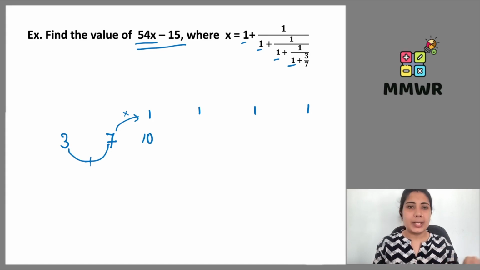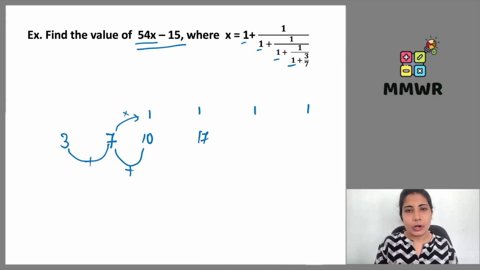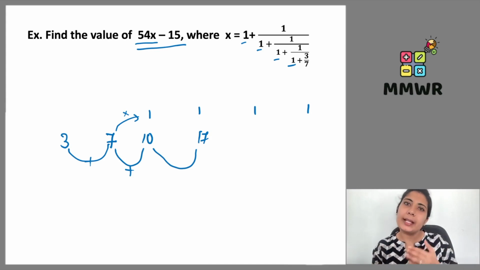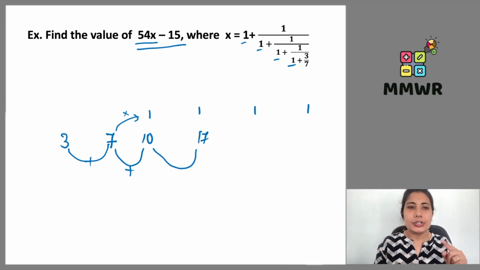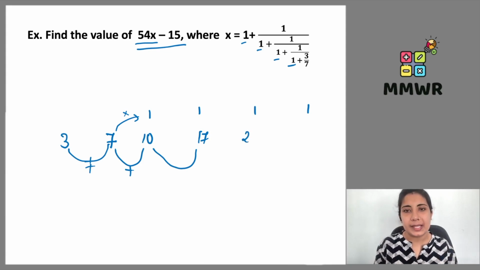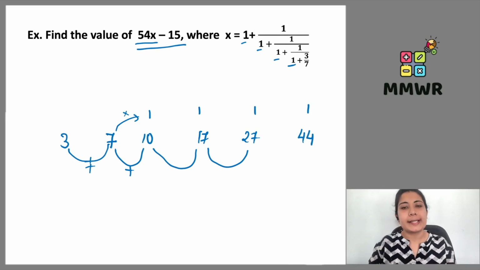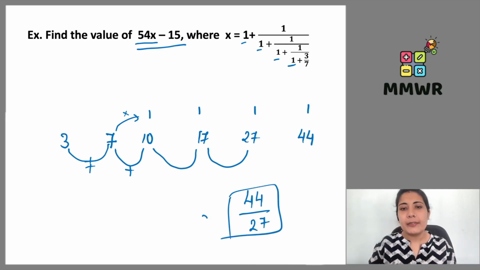10 ones are 10 plus 7 gives me 17 here. 17 ones are 17, so I am going to keep on adding, because 1 multiplied gives us the number itself. So 3 plus 7 you can keep on adding here itself. 3 plus 7 is 10, 10 plus 7 is 17, 17 plus 10 is 27, 27 plus 17 is 44, right? So after simplifying this continued fraction, we will be getting the answer 44 upon 27, which is the value of